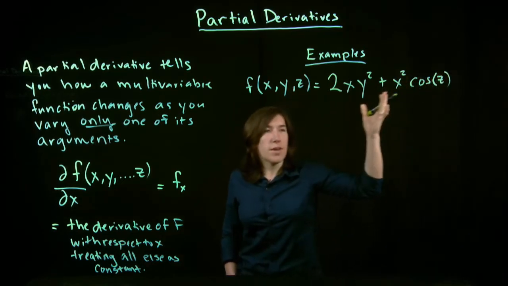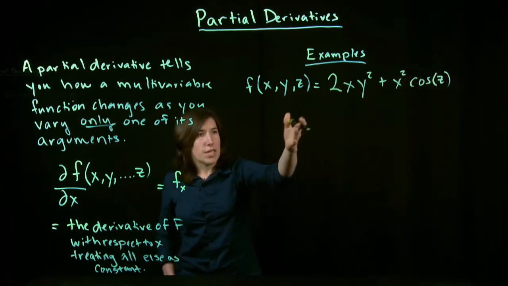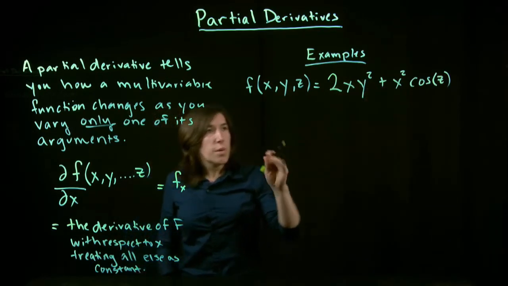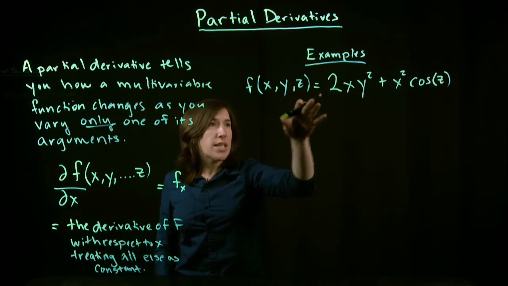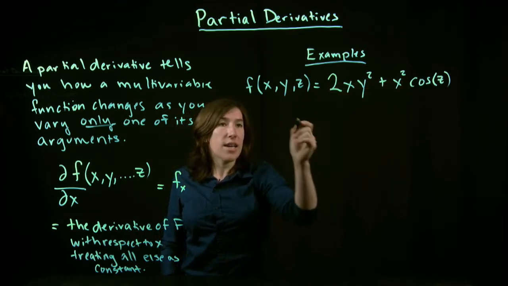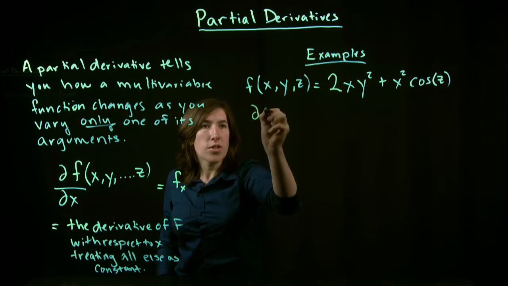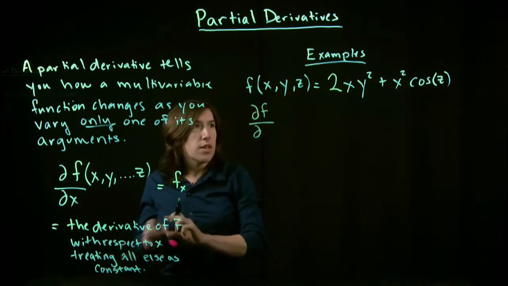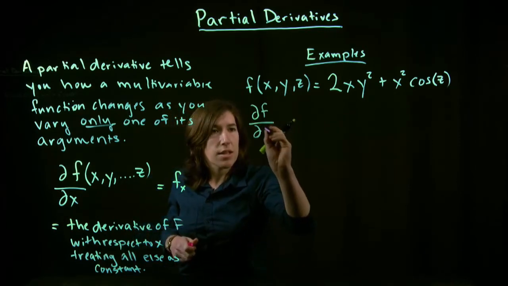This is just some random function that I just made up that depends on x, y, and z. So first, we want to see how this function changes as we change only x, keeping both y and z constant. So the partial derivative of f with respect to x